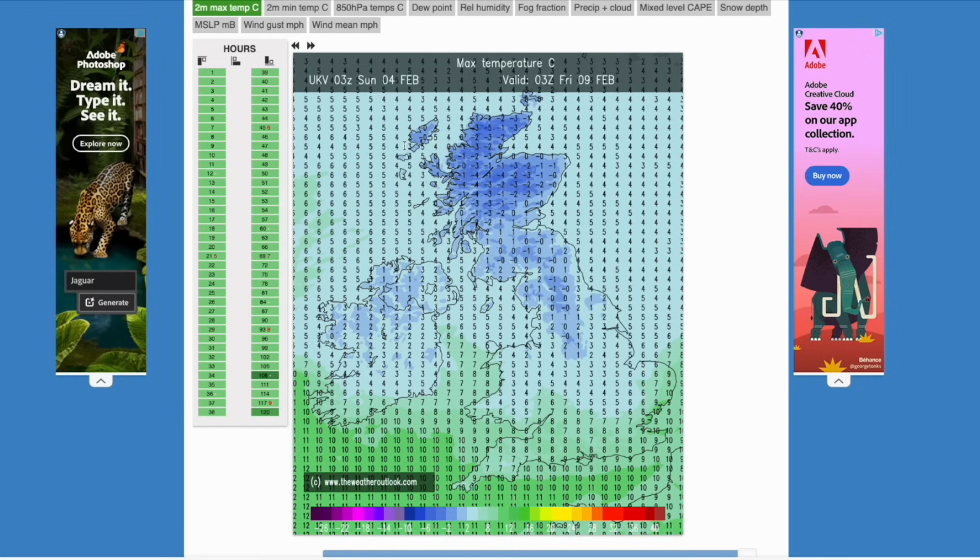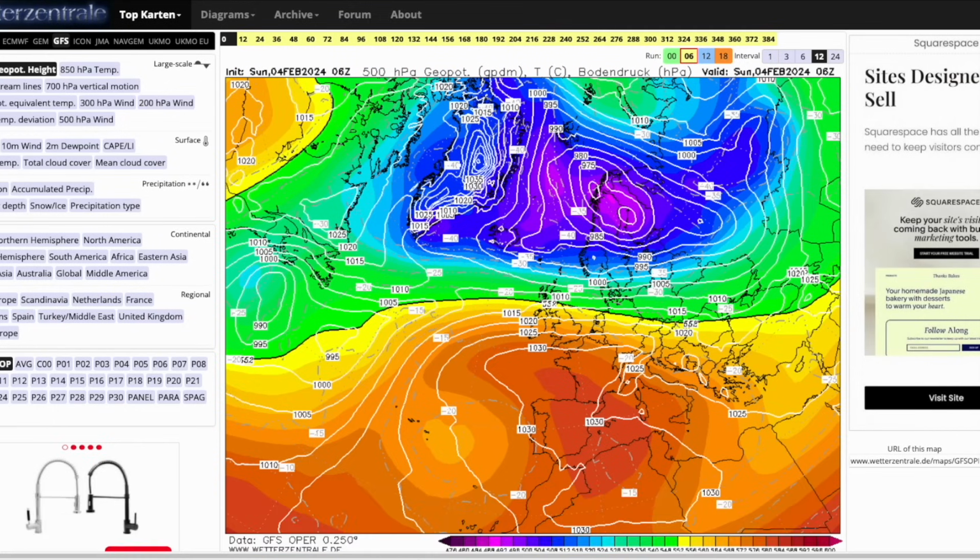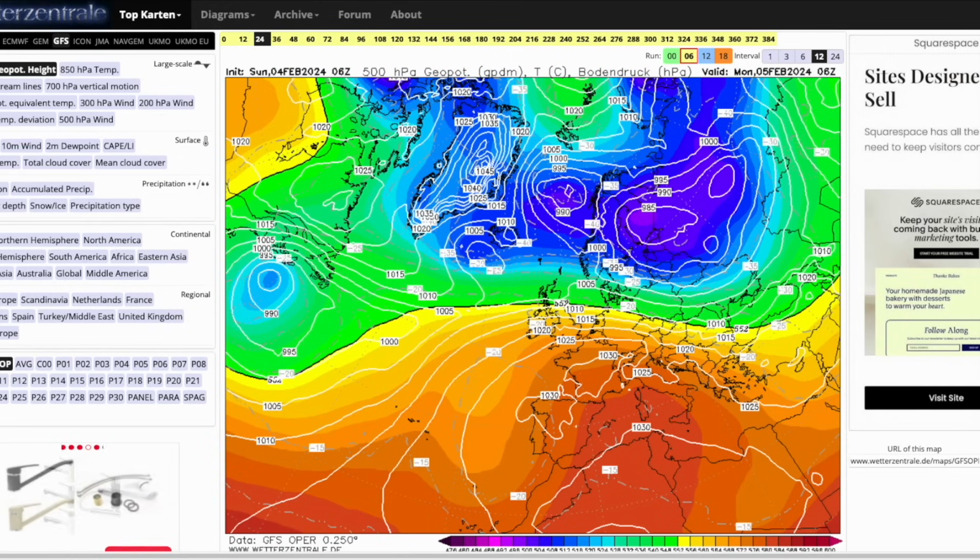As I said, though, this next 5 days, beyond that, we are looking like it's going to get quite a bit more widespread. Definitely looks like cold air will be moving in for all as we head into the weekend and start of next week, and potentially stay even for longer than that. It's just that it's in the longer range at the moment, so we can't have too much confidence, because of course things can change. But if you look at the latest GFS, no signs of anything cold at this stage,